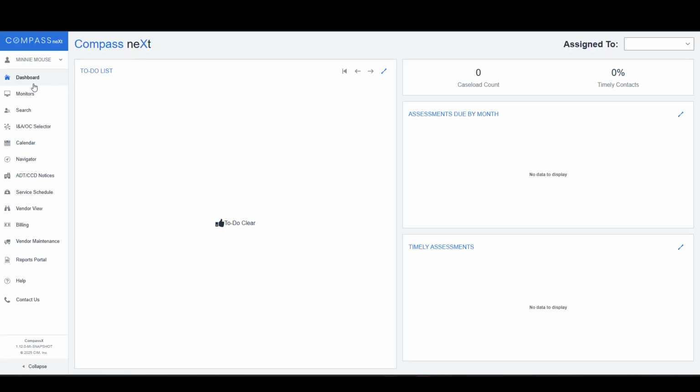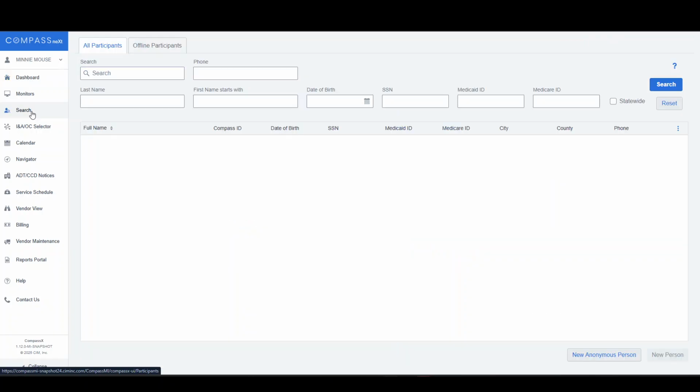And then once we log in here, we're going to land on the dashboard just because that's the default module for the permissions that I have. So we're going to go down here to this search module, and that's what I'm going to explain in this video primarily. First, I want to just quickly note that all these options here on the left are permission-based or